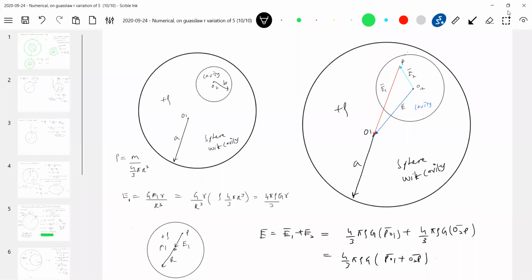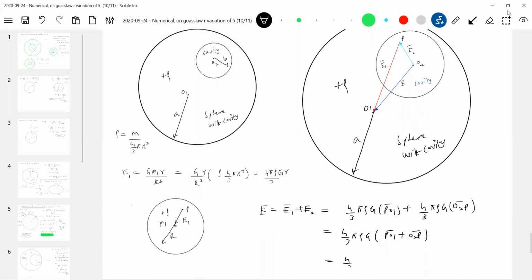So the final answer will become this, and again it will be uniform everywhere inside the cavity. This is what E. So how should you show that field? Somewhere like this, along O1, O2. If the cavity is here, it will be along O2, O1. If the cavity is here, if the cavity comes here, then